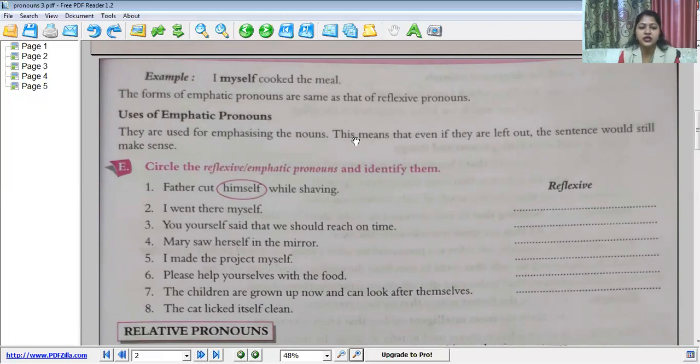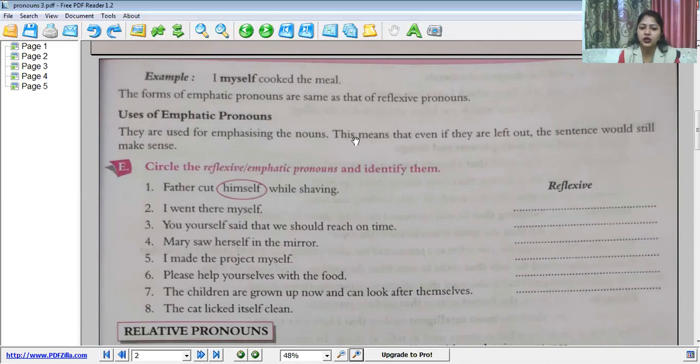I made the project myself. I made the project can stand. So you will use emphatic pronoun. Myself will act as an emphatic pronoun. In the previous sentence, herself will stand as a reflexive pronoun. Now you'll see the sixth sentence. Please help yourselves with the food. Please help him with the food can also be in the sentence. But please help yourselves. So yourself, you circle and it will come as reflexive